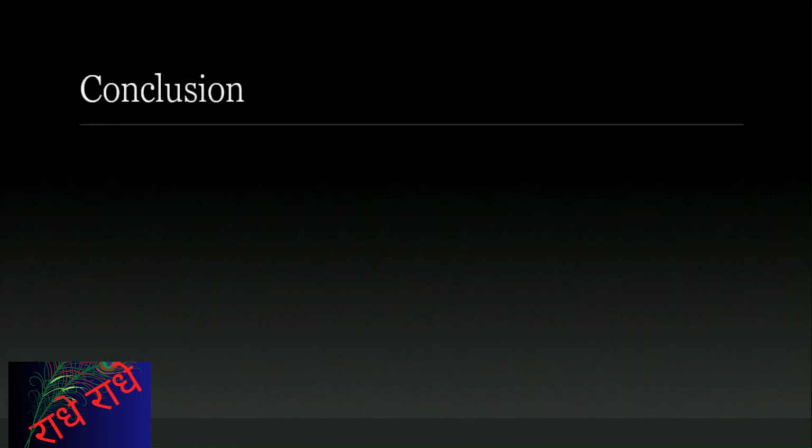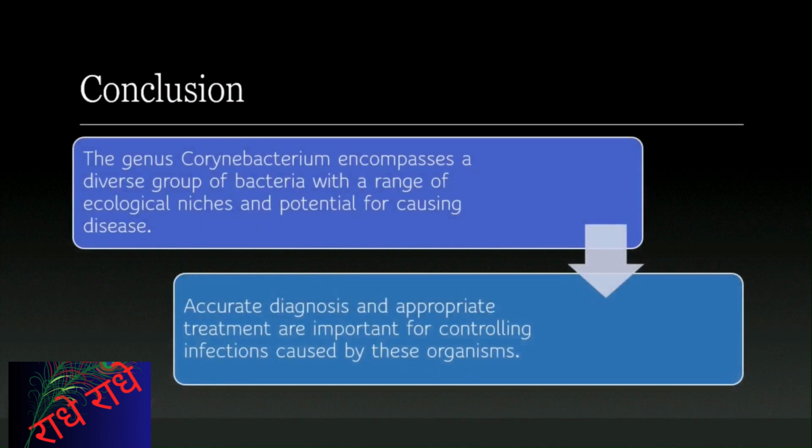It is important to accurately diagnose and treat Corynebacterium infections correctly in order to control them. Several methods have been developed to do this, including examining a sample of the organism and using tests such as PCR. Gaining a deeper knowledge of Corynebacterium can help us successfully treat infections it may cause.